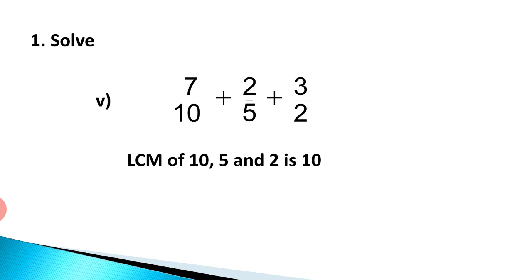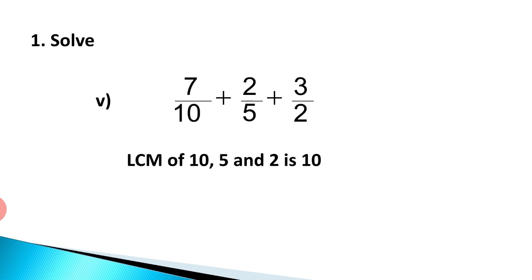Otherwise, which method is going to help you children? That is the short division method for finding LCM. You can write down the name short division and revise that particular method. If it comes in a problem, I will explain that method once again, but you will revise it because you have studied that method in 5th and 6th standard. So here, the LCM of 10, 5 and 2 is 10, and we have written it directly by using the property.